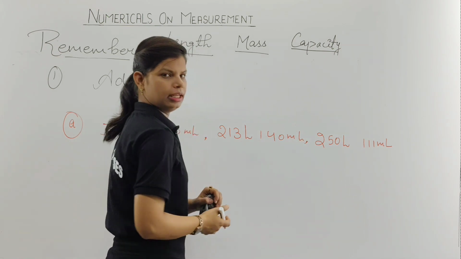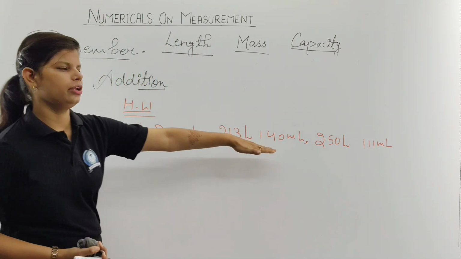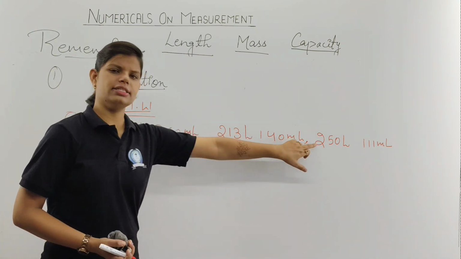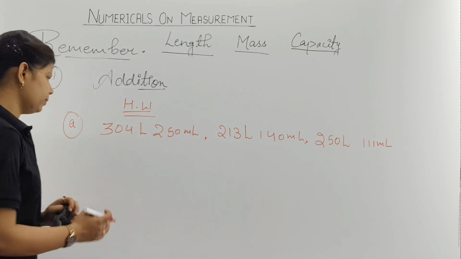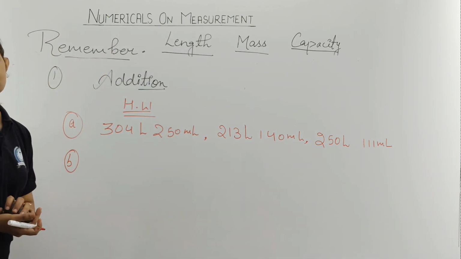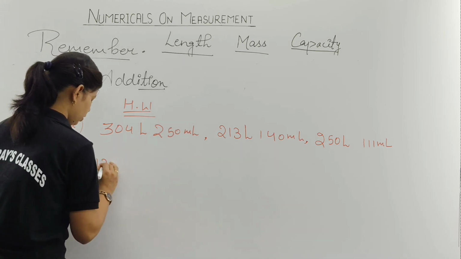Clear? That will be your what? Liter and milliliter. Liter you will write at one side, milliliter you will write at the other side, and then you will write all these digits as per their use. Do you get my point? Now next problem which I am going to give you, before we have discussed with meter and centimeter, and last we are going to discuss with